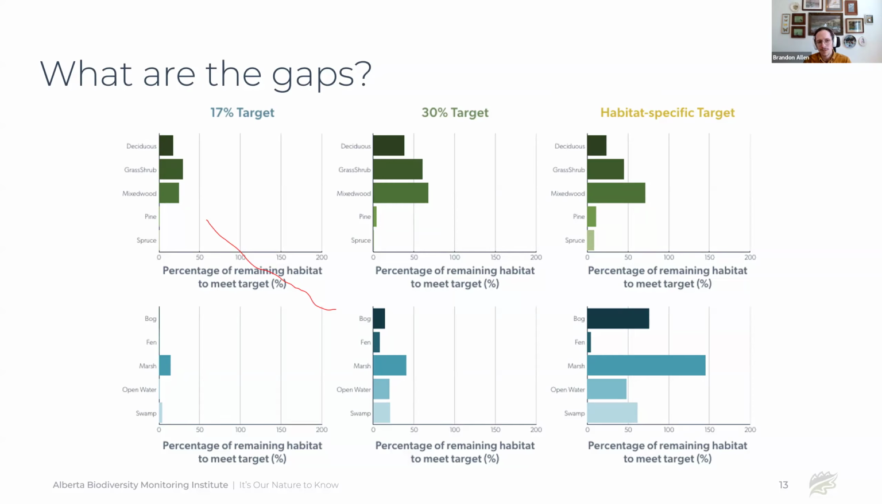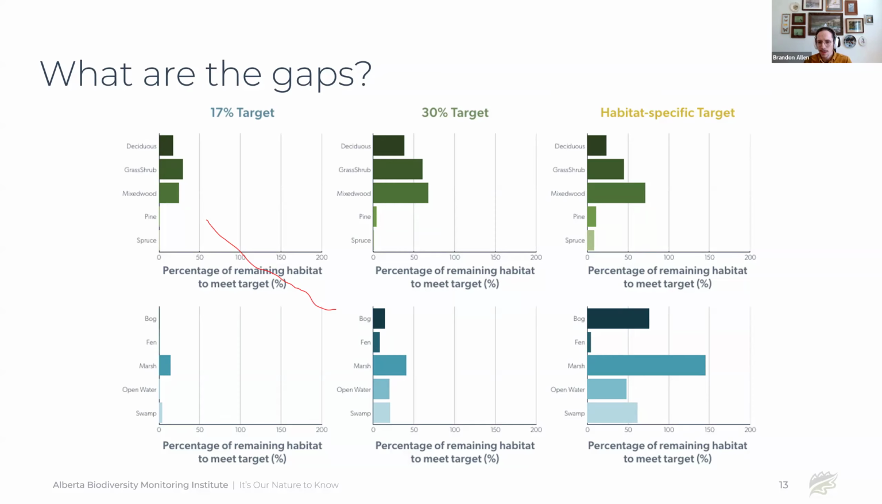What we need is to conserve about 35 to 40% of the remaining grass and shrub areas or mixed woods within the province in order to meet those targets, but they seem relatively achievable if that was the target that was chosen. However, as we increase these targets, you can start to see that there might be more challenges. If we wanted to conserve 30% of the remaining land base equally for each habitat type, that's more than 50% of the remaining native or natural mixed woods that exist in the landscape,